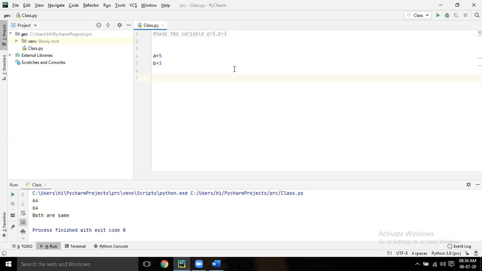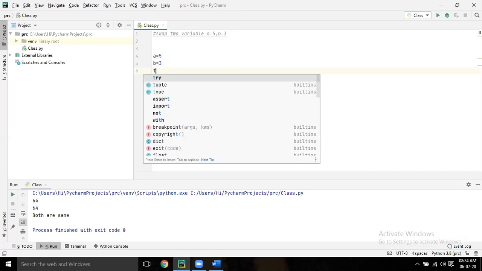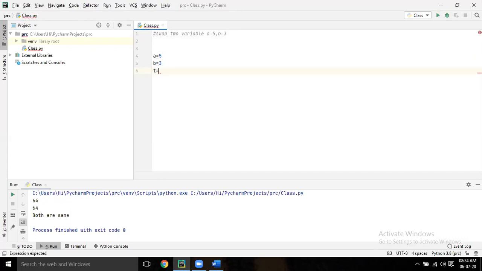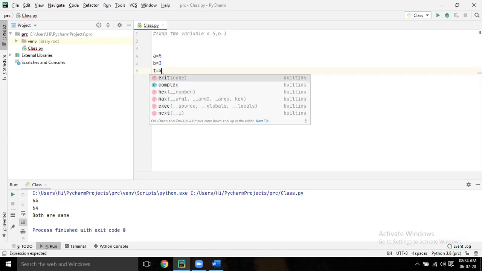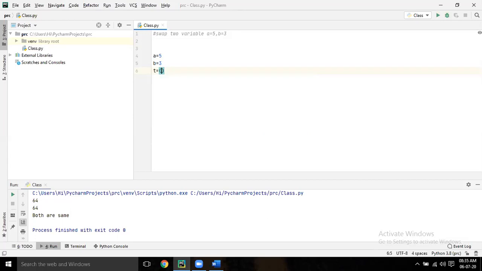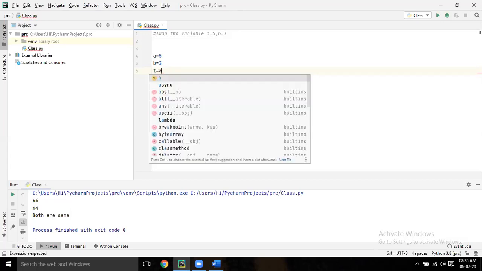So you are using a temporary variable. Let's say T equal to A. Don't give brackets and all, just T equal to A. That means the A value 5 is now kept in the temporary variable.